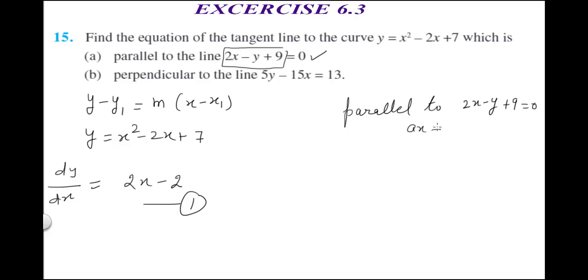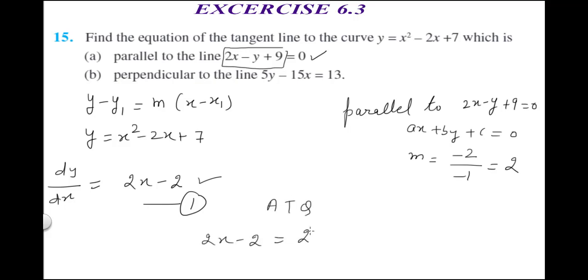In this, if we find the slope, we will get the slope. You know, when the equation is given in ax + by + c form, you can actually differentiate it with respect to x also. You will get the slope as 2. Also, we know that slope can be calculated as −a/b, so −(−2)/(−1), hence the slope is 2. Now this is the slope of the tangent and this is the slope of the line, and they both are parallel. So according to the question, we can write 2x − 2 equal to 2. Clear? So we will get 2(x − 1) equal to 2. The 2s will get cancelled. So this implies x − 1 is equal to 1. So x will be equal to 2.